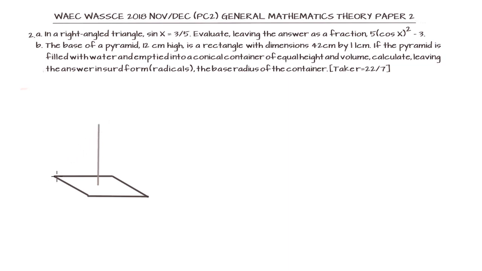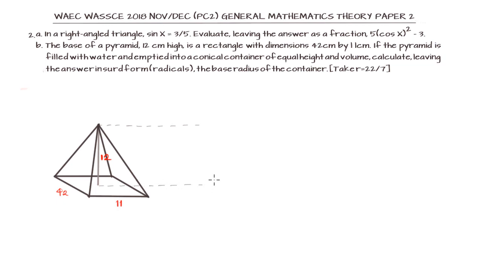Now, we're told that the height of the pyramid is 12 centimeters. So if you are drawing our pyramid, this is our pyramid, and the height is 12 centimeters. So we have 12 here. Then the length of the side is 42 by 11. Now, this same pyramid and another conical container, they share the same height. So, if you extend the height of the pyramid